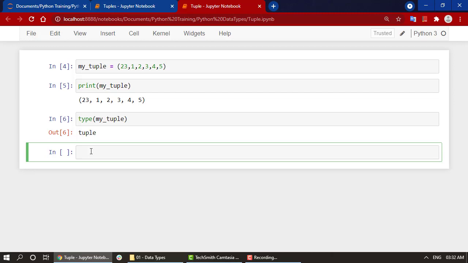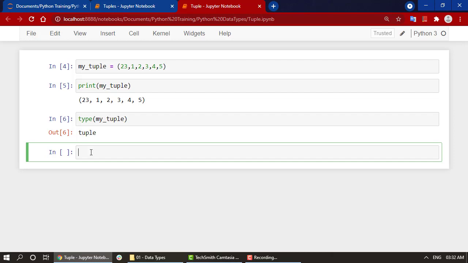So a tuple is a collection of objects which are ordered. When I say ordered, it can be indexed. Also it is immutable, that is, it cannot be changed. Tuples are sequences just like lists. The only difference between a list and a tuple is that a list can be changed, tuples cannot, and for creating a list we use square brackets, whereas for tuples we use round brackets or parentheses.